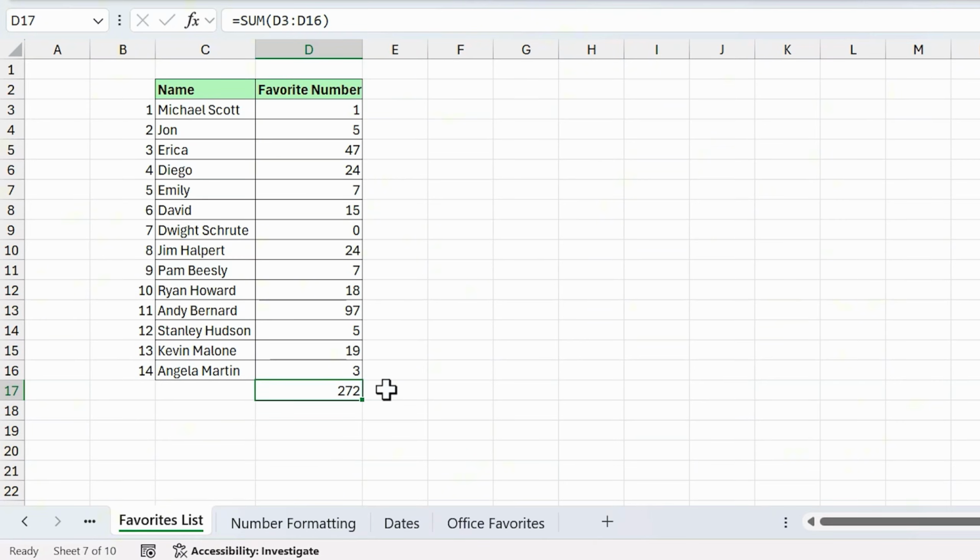Now, when writing formulas, we don't have to use functions. We can also just use basic math. Let's say we wanted to add a number to each of our favorite numbers. So here I'm going to again type a formula. I start with equals, and then I'm going to select this cell, D3, and I'm going to type plus, and let's say we just want to add 10 to each of these numbers. So I'll just type a 10 here and hit enter,